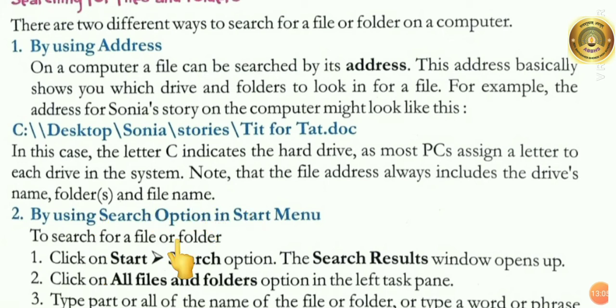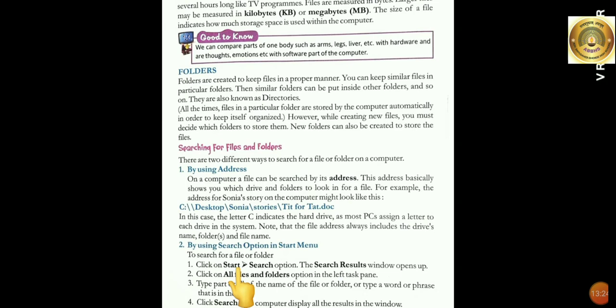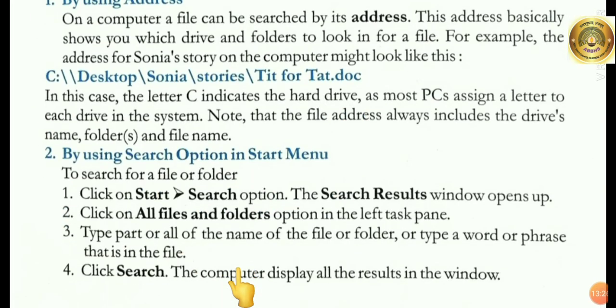By using the search option in the start menu to search for a file or folder, click on the start search option. The search results window opens up. Click on the all files and folders option in the left task pane.